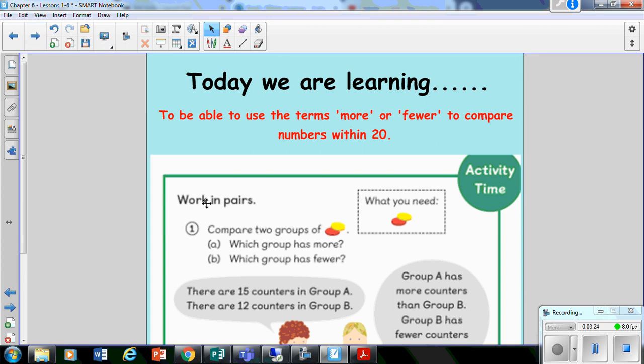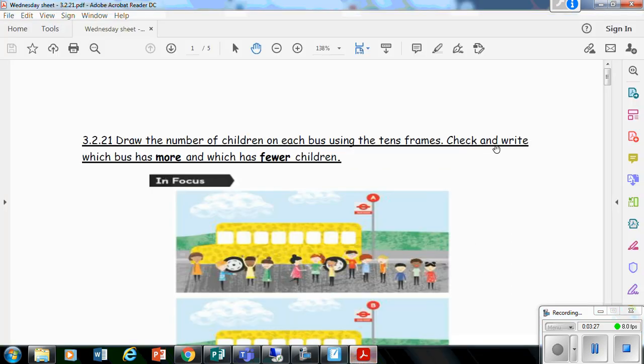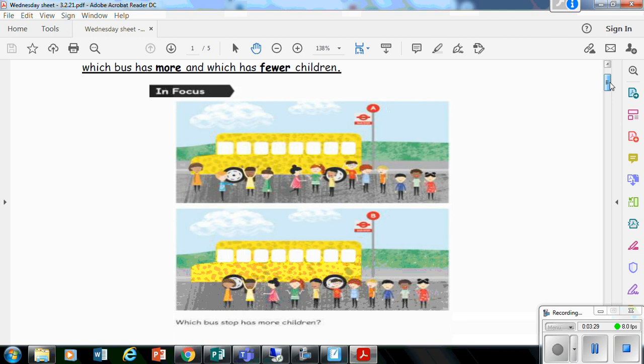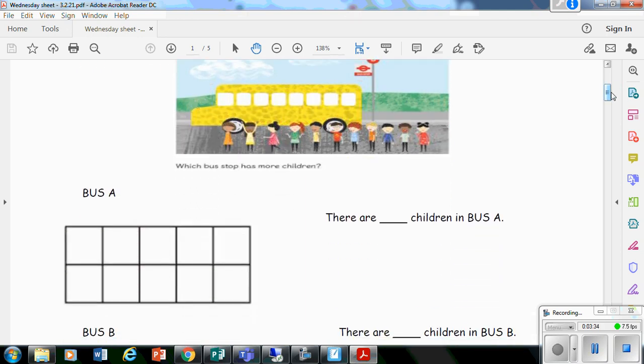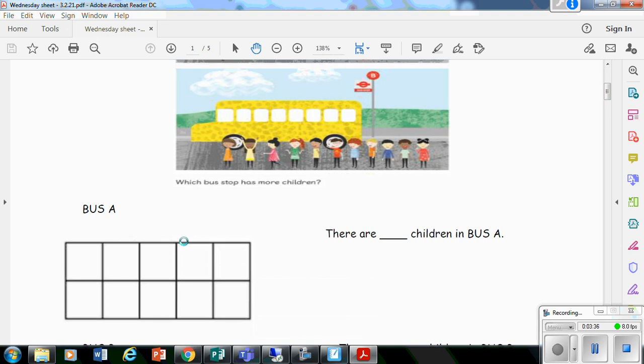Okay, now before we move on to our activity, I wanted to show you what your journaling will look like. So you've got your bus A and your bus B. Okay, so just like you did with your learning partner at home, fill up your bus children here. Any leftovers you draw outside. You could use a circular dot to represent your children. You could draw the smiley face in your tens frame and 3 smiley faces outside. It is up to you. Okay, so you've got your tens frame and your leftover children, so you count on from your 10, and then